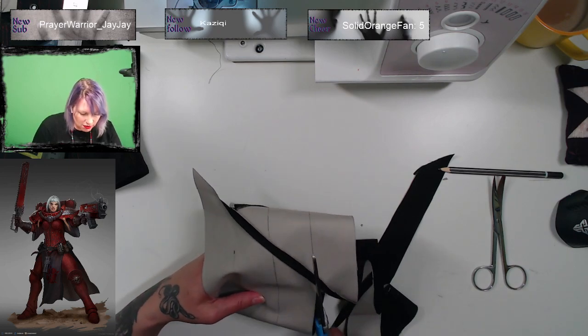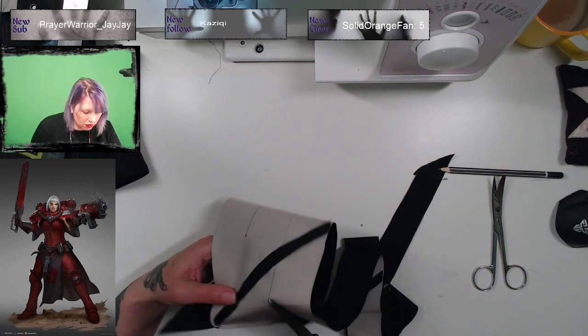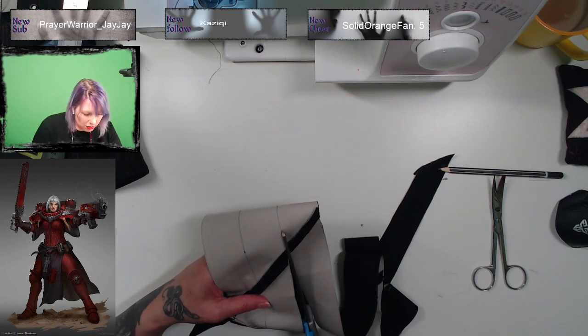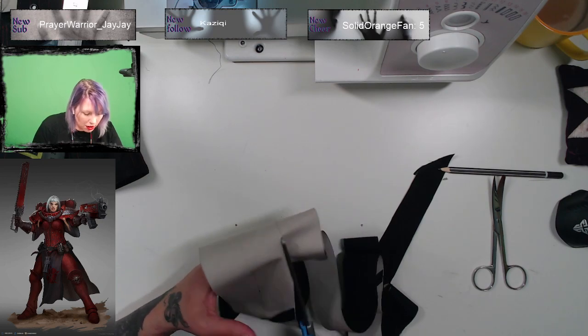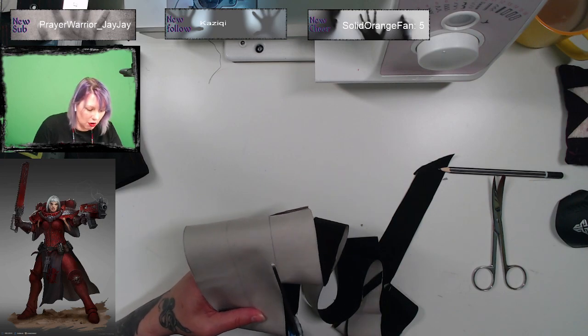There we go. And I have to make sure I check, because there's one side that has less than 4 centimeters, and I need 4 centimeters as my bias binding. Because then you end up with 1 centimeter of a border.